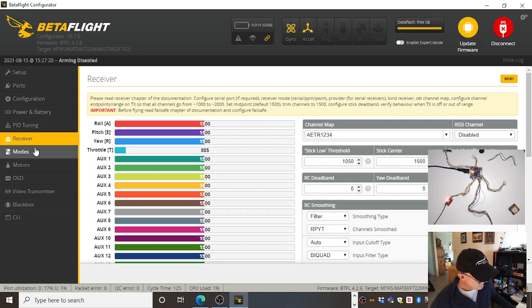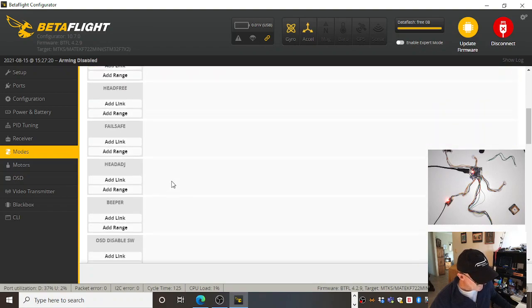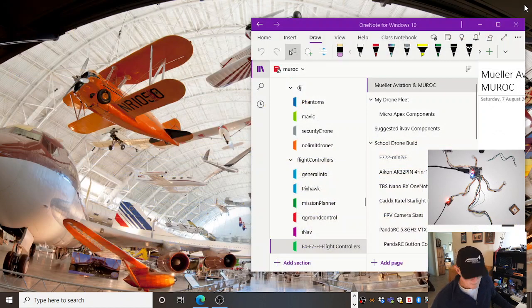It's going to be here somewhere. It'll pop up. What modes am I going to fly? You know, there's all these different modes that you can add in these in Betaflight and iNav. There's a CLI command line interface. But for these purposes, see, there's no GPS, because this is Betaflight. It's not iNav. I'm going to disconnect from there, and I'm going to close you down, and I'm going to pop you out, little board,